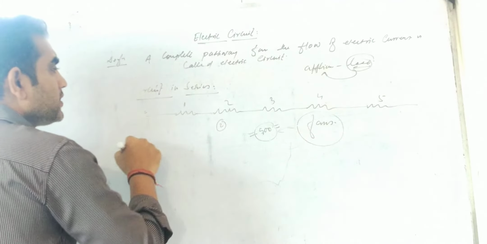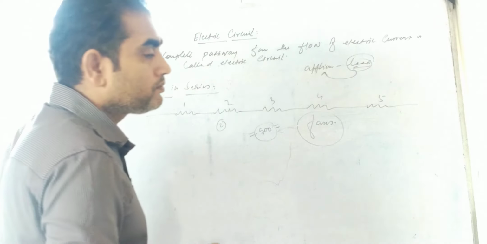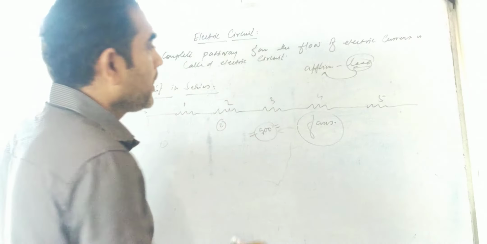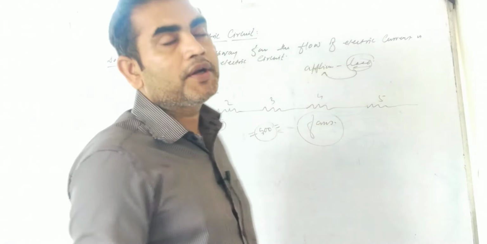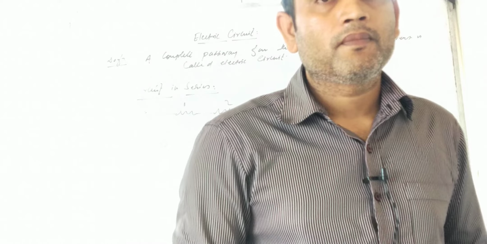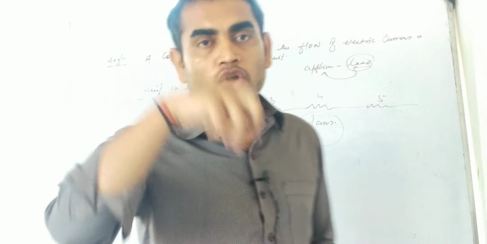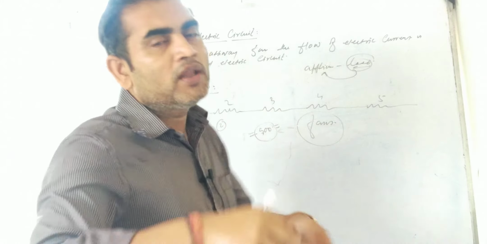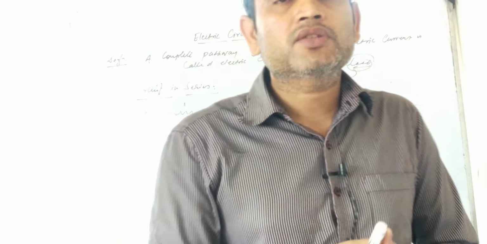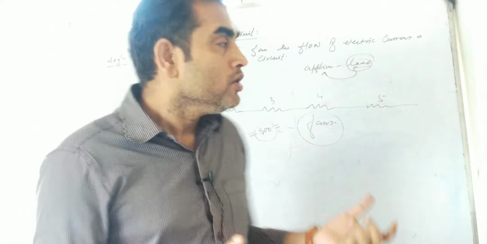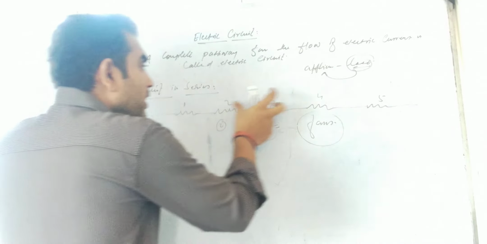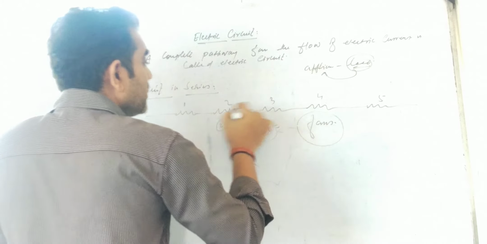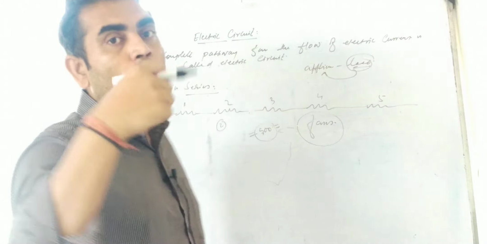And there are disadvantages also. What are the disadvantages? First thing, if at a particular place the circuit goes out of order, if one appliance goes out of order, all the appliances will go out of order. That means all the appliances will stop working. Suppose at this point the circuit has become faulty, that means all the appliances will stop working.